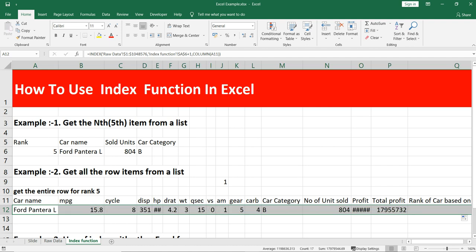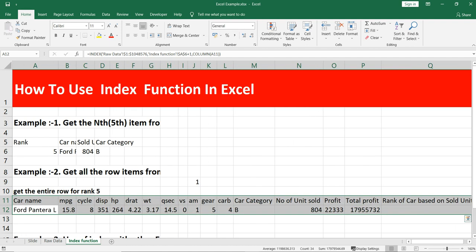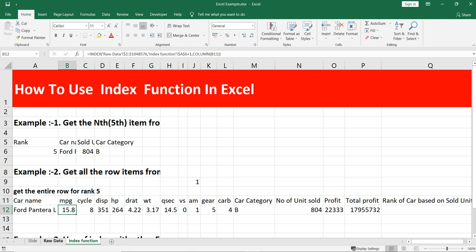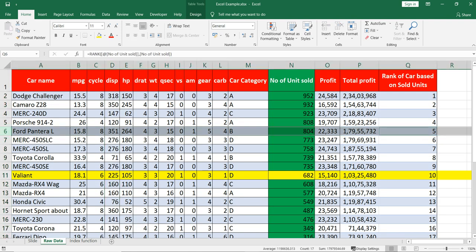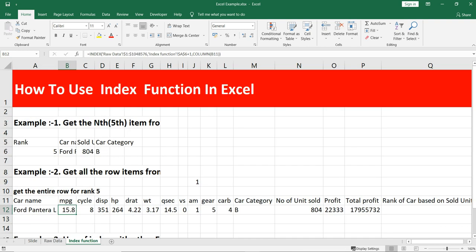Now you are getting the exact values present in row number 6 here for this rank 5. Just see this value and match it up with this value. So everything is matching, right? Now if I change rank 5 to 6, ideally this section as well as this section should change. It does.